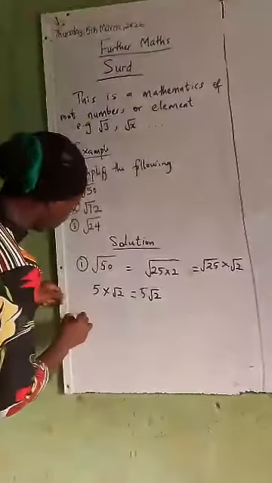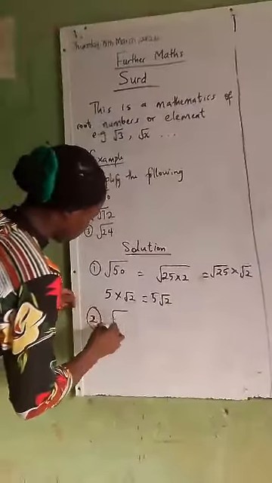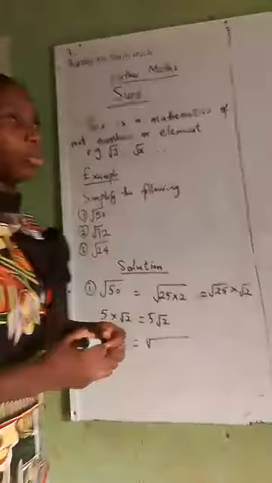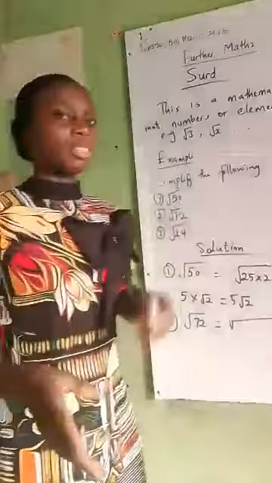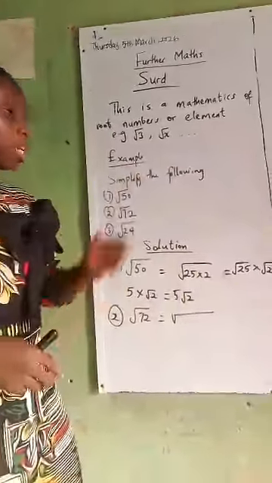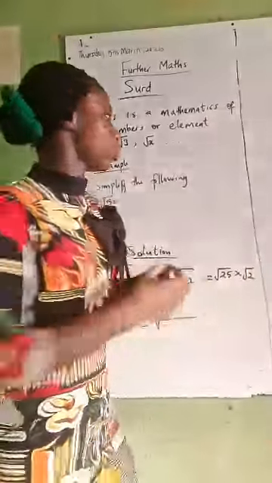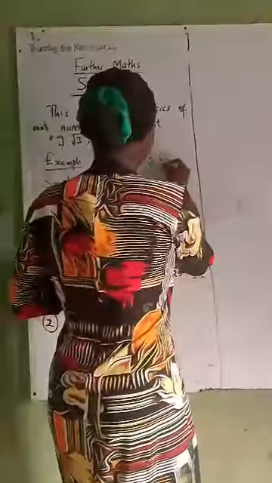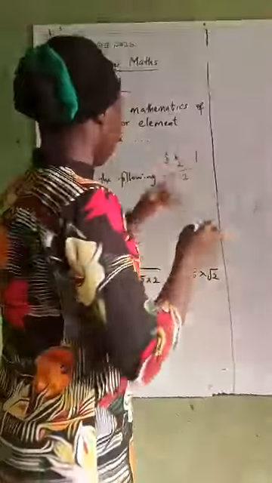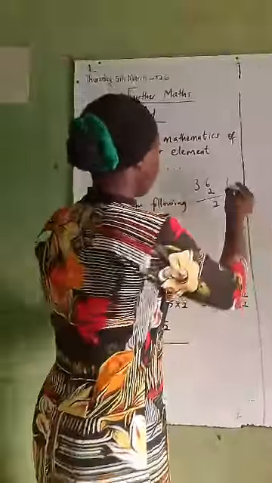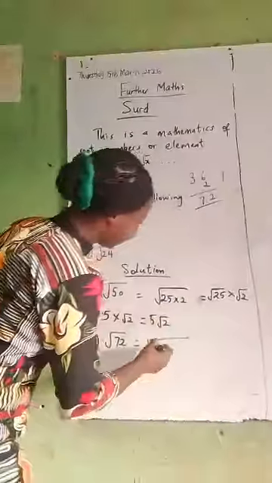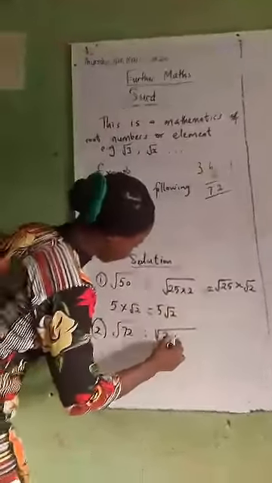So for the second one, we have root 72. Alright, just the same thing we did for this. Now 72, there is a perfect square we can multiply by a particular number to get 72. Let's try 36 times 2. So let's try 36 times 2. 2 times 6 is 12. Keep 1. 2 times 3 is 6. Then 6 plus 1 is 7, that's 72. So that's 36 times